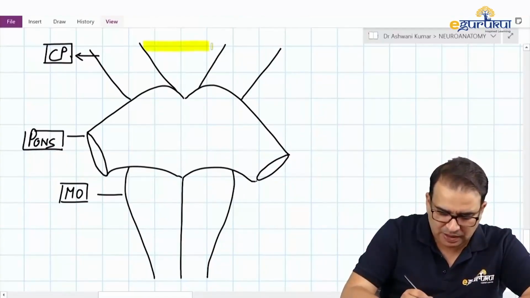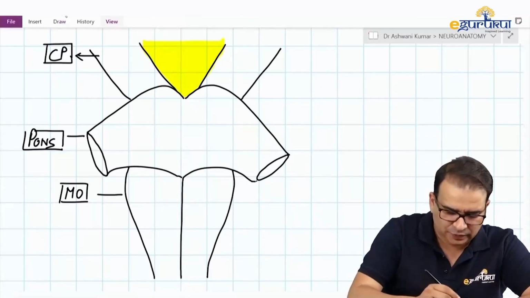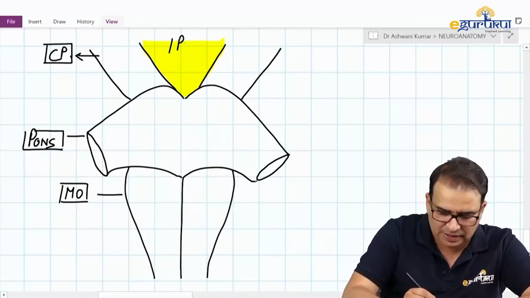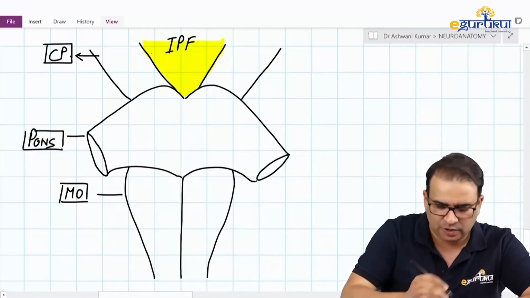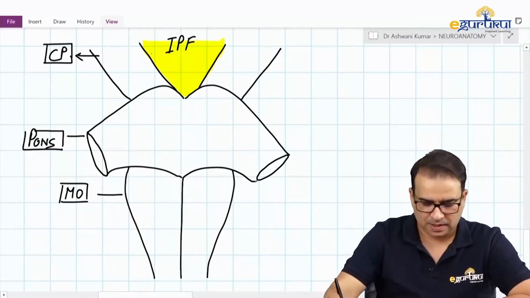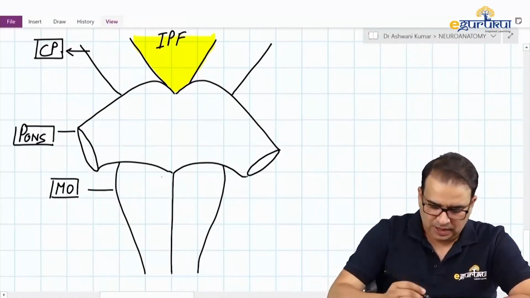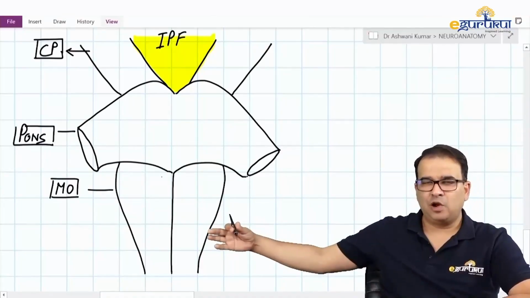Between the two cerebral peduncles, this fossa here is called the interpeduncular fossa. This is what we have to discuss, but we'll be discussing it separately. I'm writing interpeduncular fossa, IPF, interpeduncular fossa. And in the ventral part of the medulla oblongata,